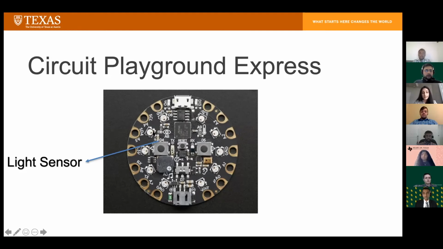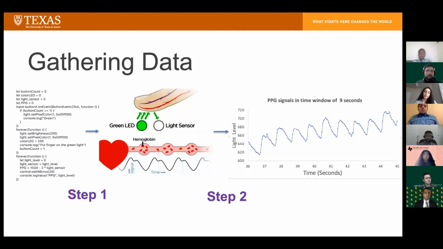However, we only use the first light, or the second one. It's up to us. We light it and use the sensor by putting the finger on the sensor and measuring it. Here is the overall step of the procedure that we're going to use. This is the code that's going to be programmed on the Circuit Playground Express. The Circuit Playground Express is connected to the computer or laptop, and we can program it by, for example, shining only one light or two lights.